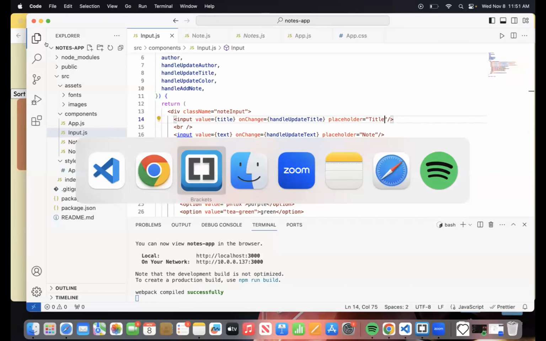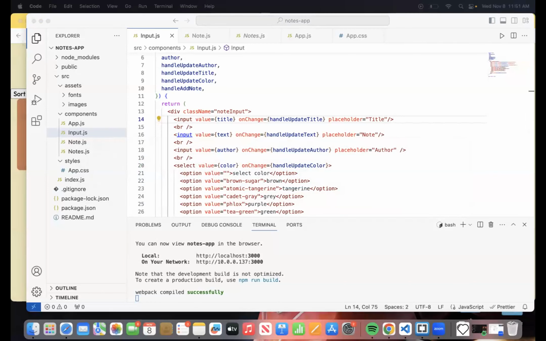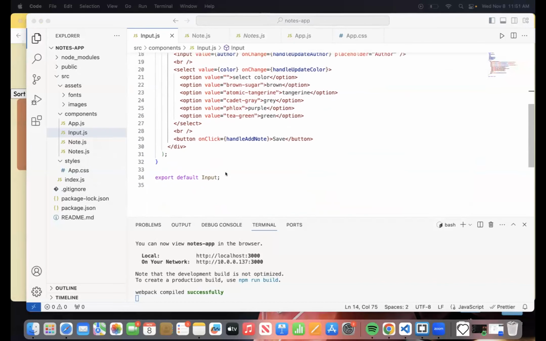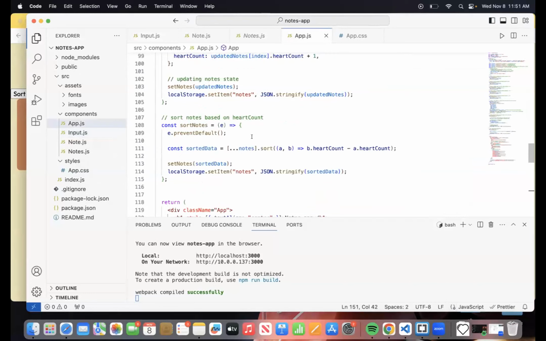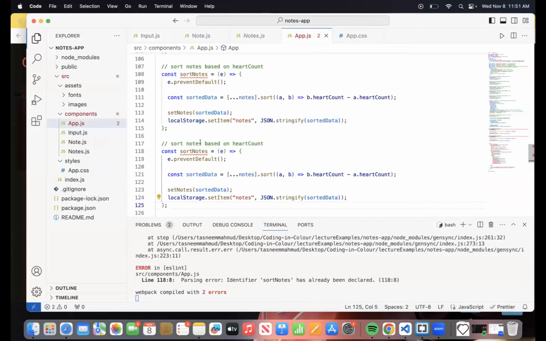So first thing that we would probably need is, what do we need? We need a function, right? So let me go to app.js. So I'm gonna do something similar to this. So let me just copy the template for that. Search. Okay, search notes.